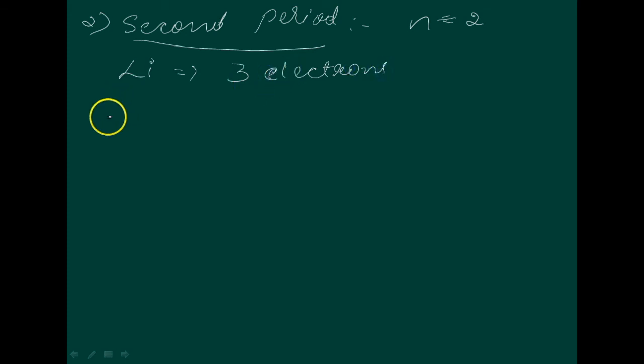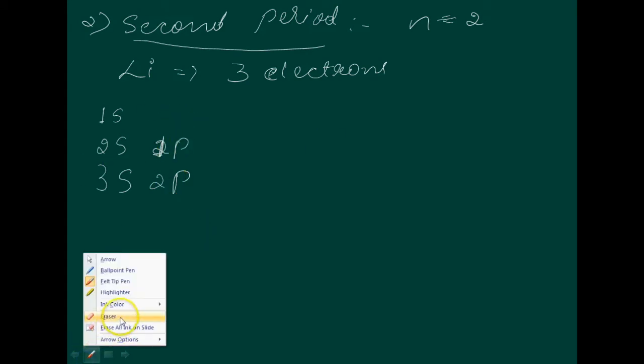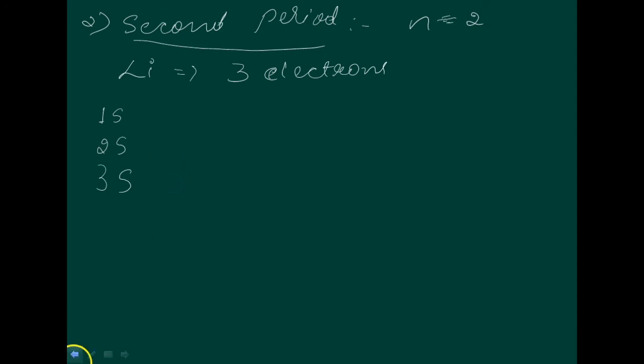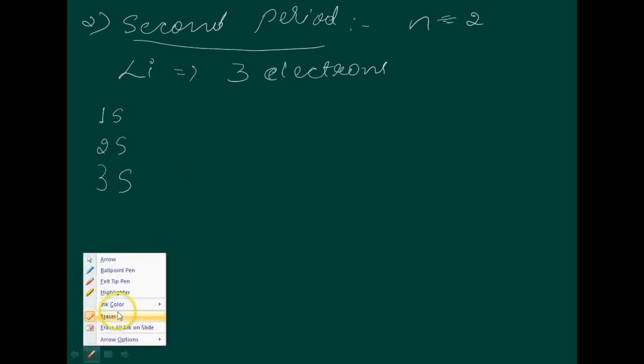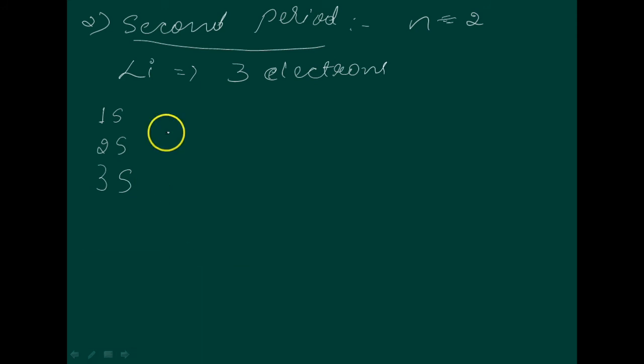First, you should know how to write down 1s, 2s, 3s. Okay, just write it. And this is 2p, 3p. Whether it is correct or not, tell me please. No, this is wrong. It's not 1p, you have to write 2p here. So this is 2p and this is 3p. I have given it like this, 1s, 2s, next this one, next like this.